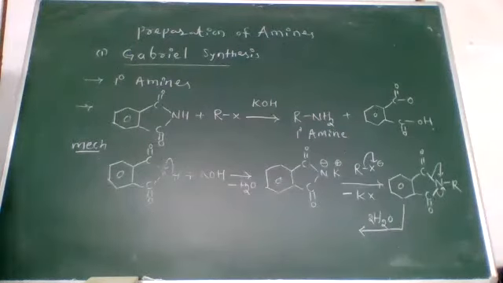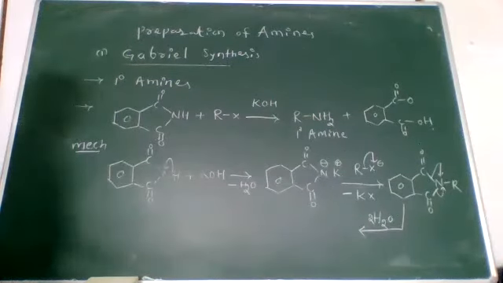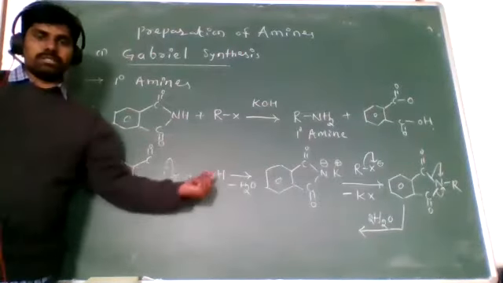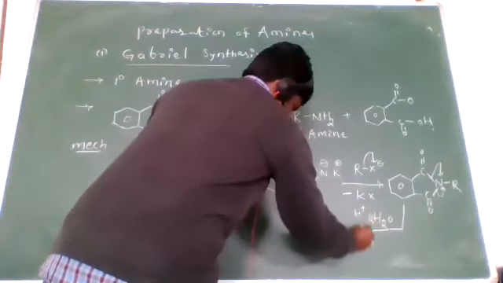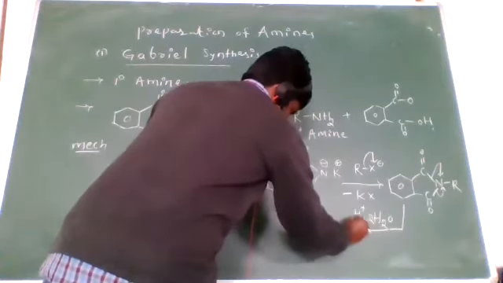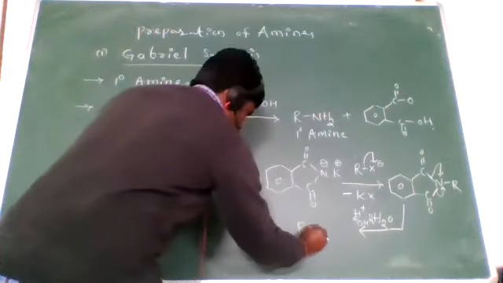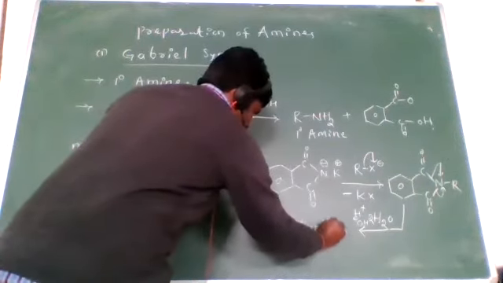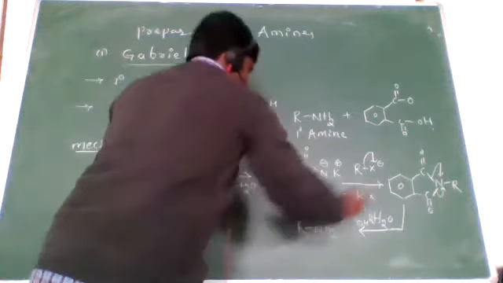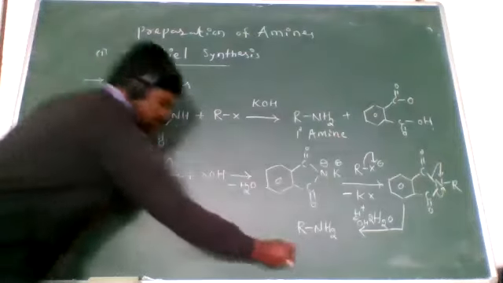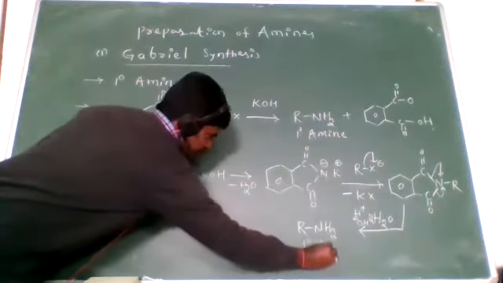Nitrogen is more electronegative, so that's why the nitrogen attracts the electrons between the carbon and nitrogen. From the water molecules, we know that H plus ions and OH minus are there. Now H plus is bonding with the nitrogen, right? So finally, two hydrogens are coming to the nitrogen and forming bonds between the nitrogen and hydrogen. So this is a primary amine.